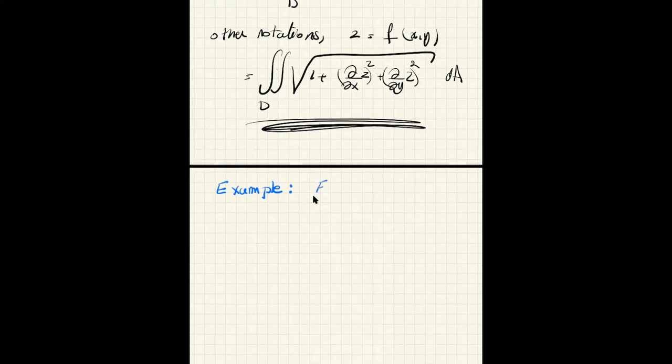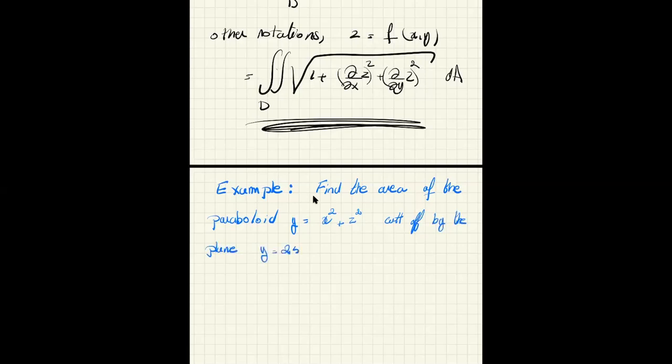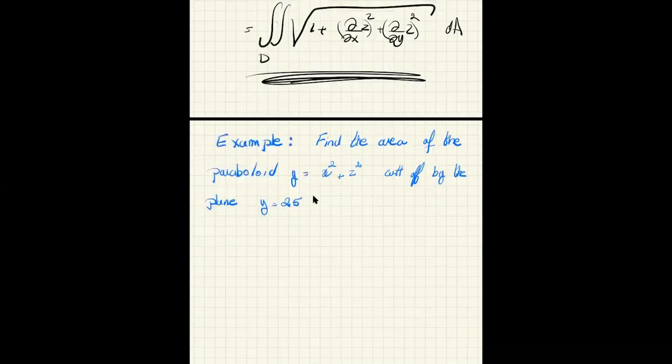Find the area of the paraboloid. The paraboloid y equal to x squared plus z squared, cut off by the plane, okay. So